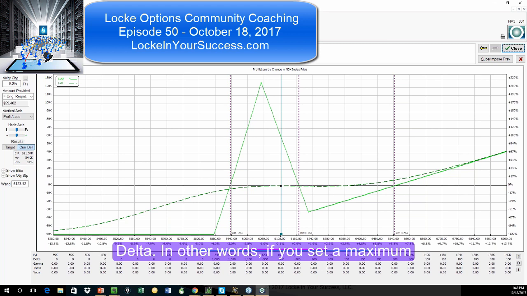positive delta. In other words, if you set a maximum negative delta of 0 on that trade, it performed extremely well over the last couple of years because the market has been just so bullish. But when you start getting in this crazy, fast-moving back and forth market, you're going to start having trouble if you run too positive delta, or if you get in a continuous downtrend, you're going to start having trouble with too positive delta. So what we did with the M3 and with the X4 for that matter is we just